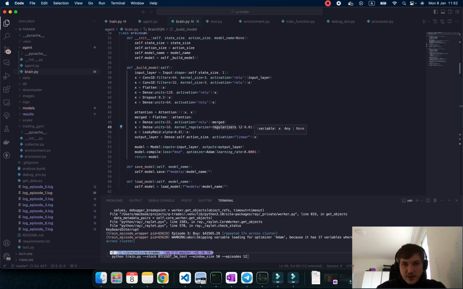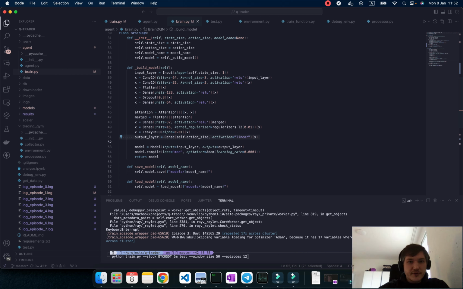It means we're going to solve the problem of overfitting, and then we call an activation function like relu, and of course the output layer would be the same for